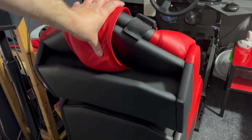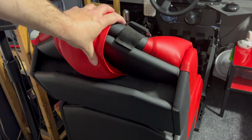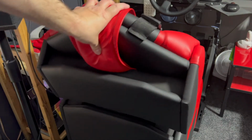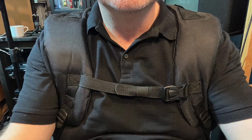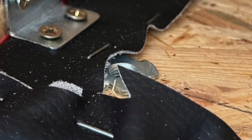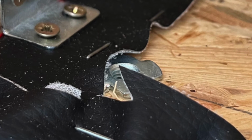The upper backrest is now spring loaded, so it returns to its rest position when not being used. This new feature also keeps the upper backrest better centred during gameplay. The strap mechanism has been redesigned, which now needs just a single strap across the chest. By default, the GS-Cobra has 4 mounting points, but the positioning of these can be changed or removed altogether when